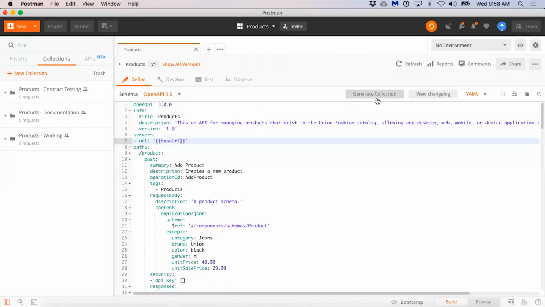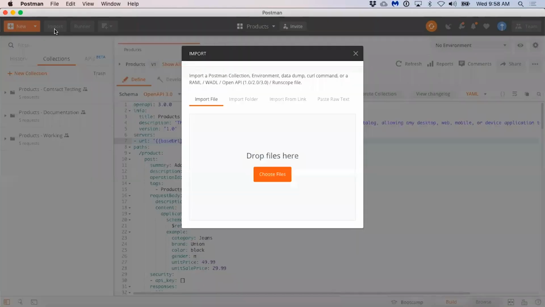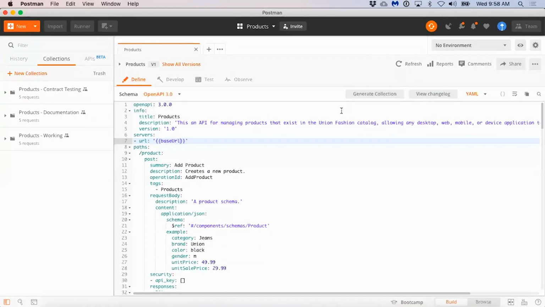So you can generate a collection from this OpenAPI, very similar to how you historically have done it by importing OpenAPIs to generate collections. But now you can generate them from a central truth and keep them in sync with this OpenAPI rather than using just a one-time import.